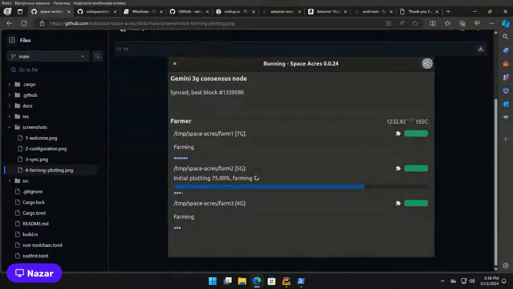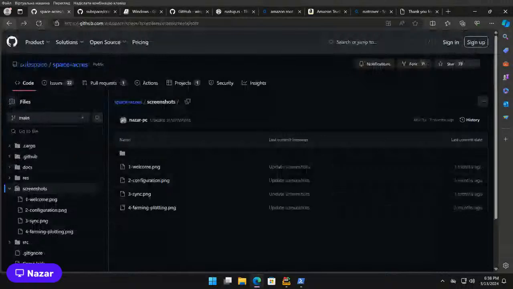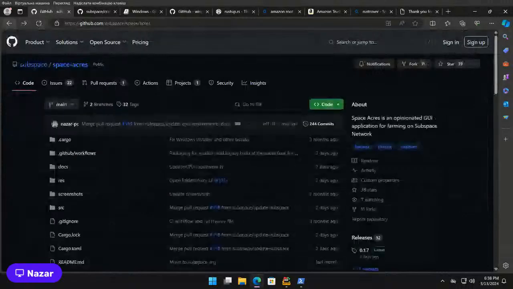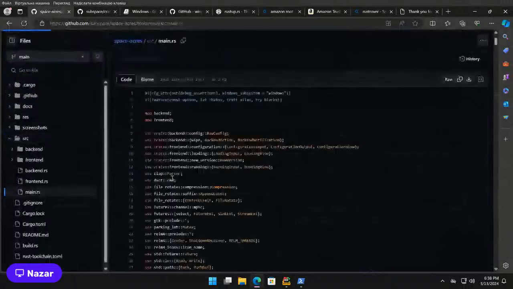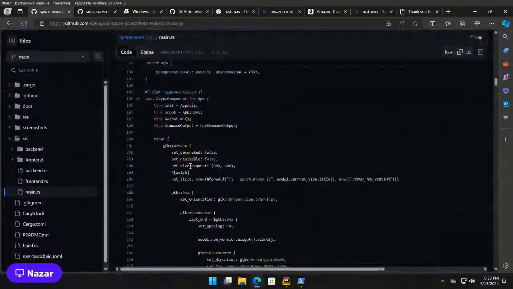If you make it bigger, it will actually not resize, at least not naturally. Or if you have to resize, then you need to write a bunch of code to make it happen. So the reason it is like that is in the main, when we construct a GTK application,